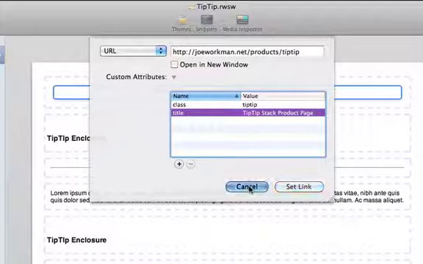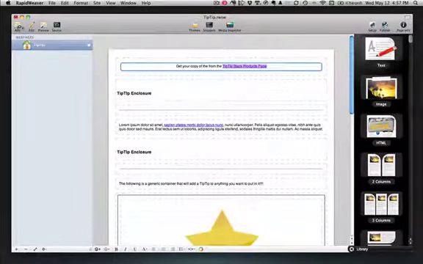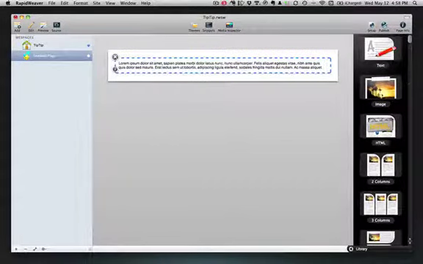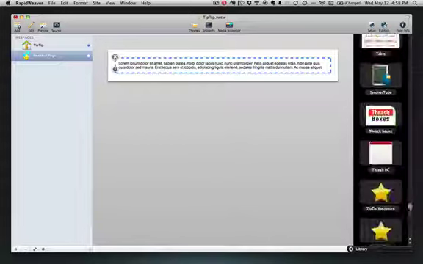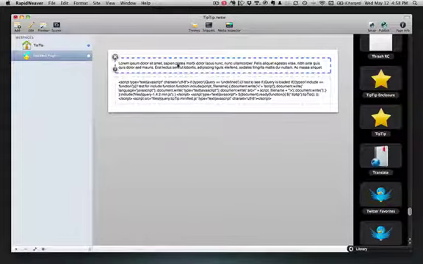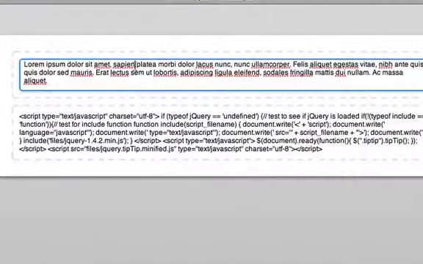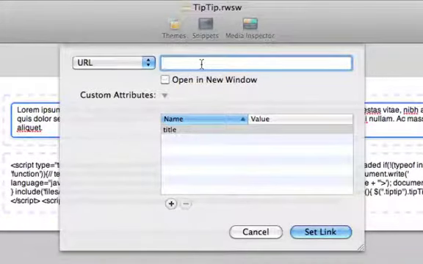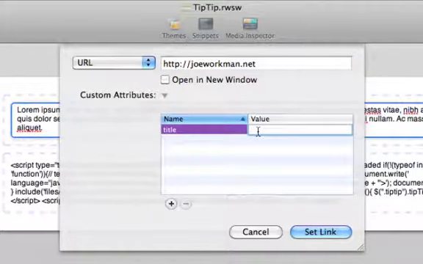So let's go ahead and replicate that really quick. I've gone ahead and created a blank stacks page. Let's drag out the text stack, and let's drag out our tooltip stack, or TipTip stack. Now all we need to do here is highlight whatever text we want to create our link for, go down and hit the link button. That will open up your link box. Go ahead and enter in a URL. Let's just enter in joeworkman.net. Title, let's just do